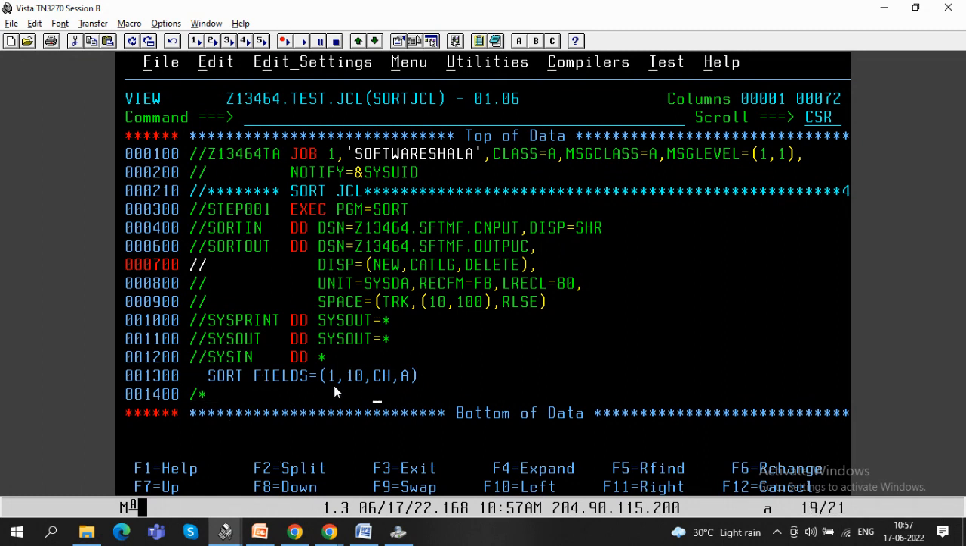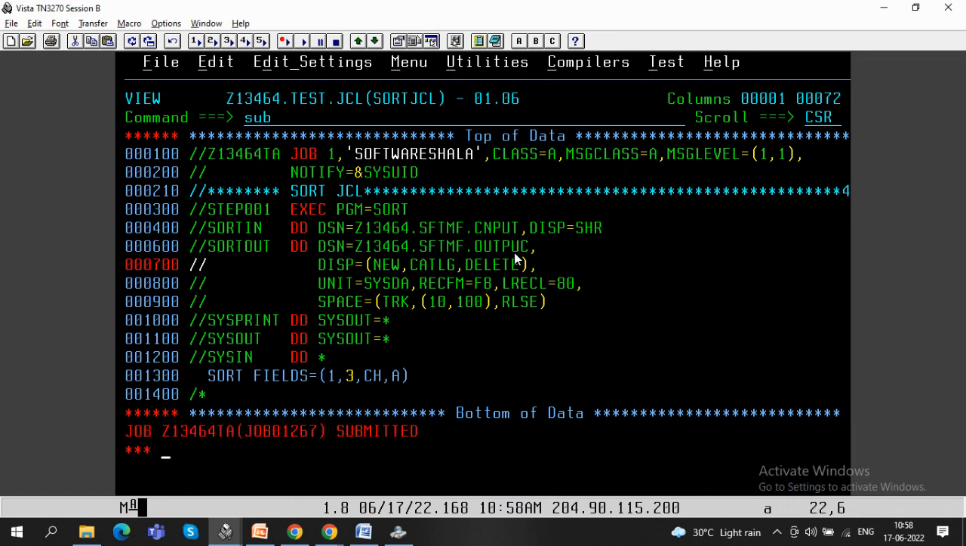So SORT FIELDS equals 1, let me, okay, let it be 10. Or I will put it 3 only, because I have given just 3 places. And then I want to submit this job. To sort this, I will use the SUB command here. Okay, the job is submitted. This is the job ID assigned to it. Wait,